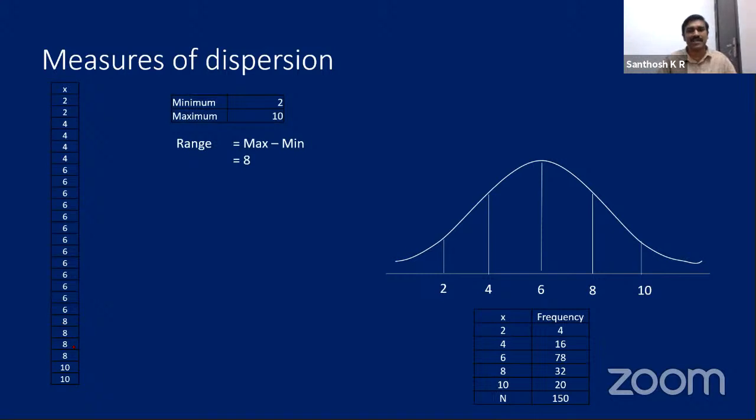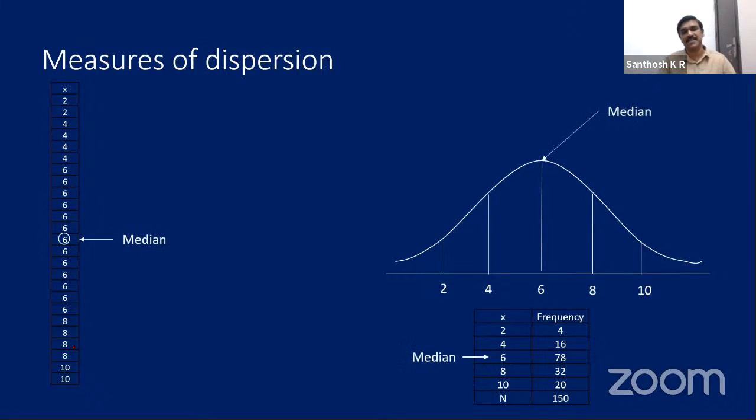They need only subtract the minimum score from the maximum score, and they can find out how many scores are there in between. And they call it what? Range. So range is just the maximum score minus the minimum score, and what are the scores that are coming in between. Here the maximum score is 10 and the minimum score is 2, and 8 scores are coming in between, and they call it range. But range is not explaining everything. They understood, so they tried looking into something different.